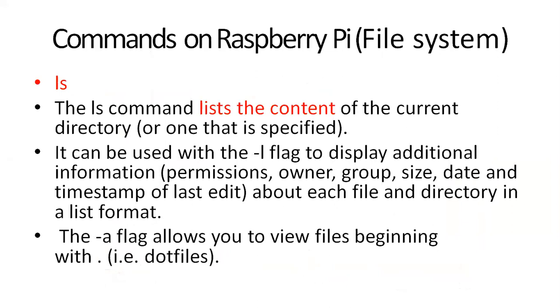On the console, you will execute different Linux commands. Not all Linux commands are executed in the Raspberry Pi, but some Linux commands will execute here. What are the Linux commands here? You have the ls command. What is the necessity of the ls command here? The ls command lists the content of the current directory. It displays the content here. For example, we have an XYZ folder.